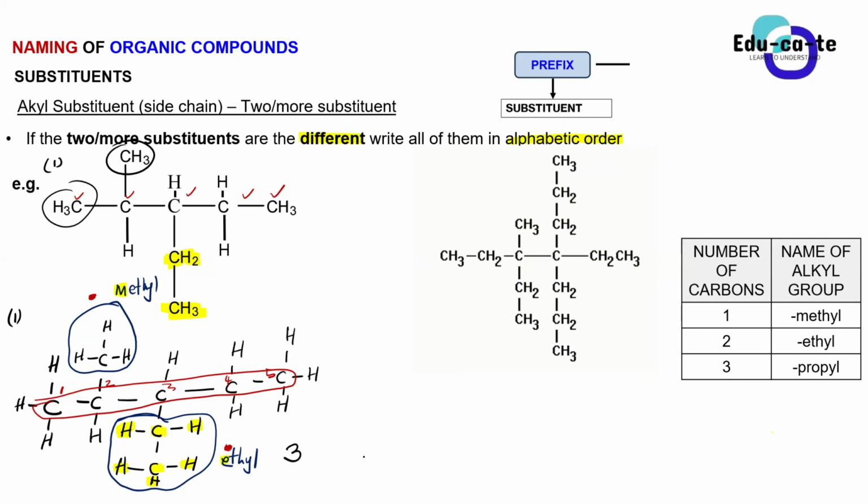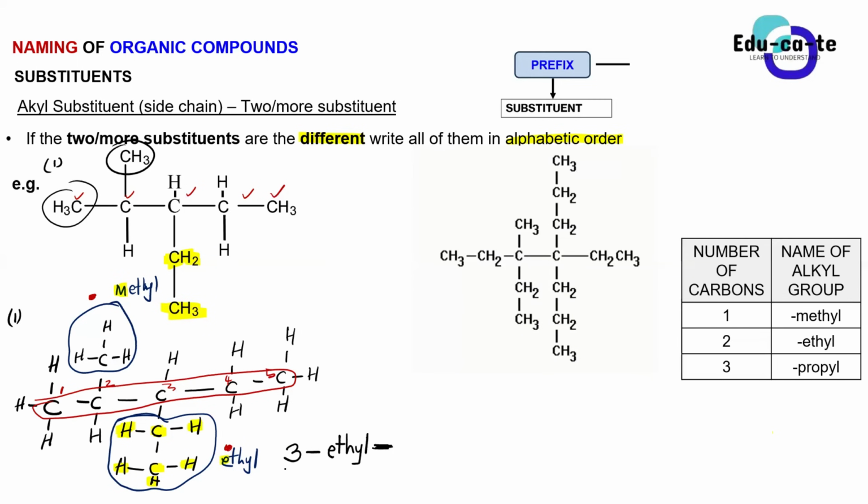Are we done with all our substituents, guys? Can we now count the number of carbons in the parent chain? Is it all done? Yes or no? No, sir. What is missing? 2 methyl. Yes, so on carbon 2. Okay, when you separate numbers and letters, you put a dash, remember? So after writing 3 ethyl, don't just write 2 methyl, put a dash first to separate the letters and the numbers. So this is the first substituent, 3 ethyl.